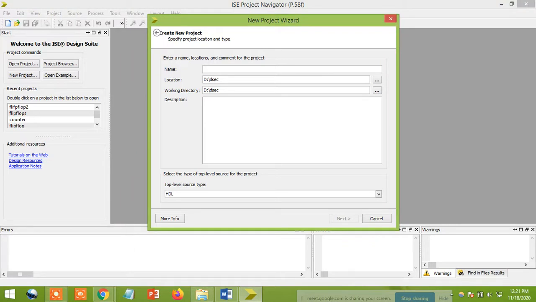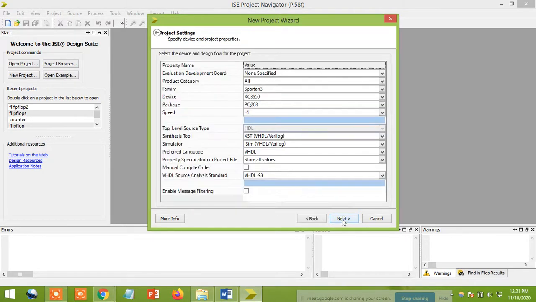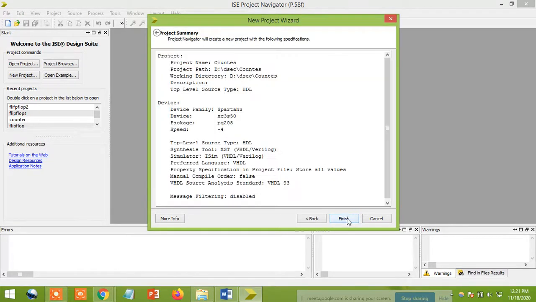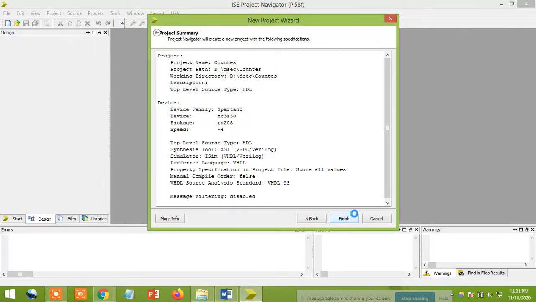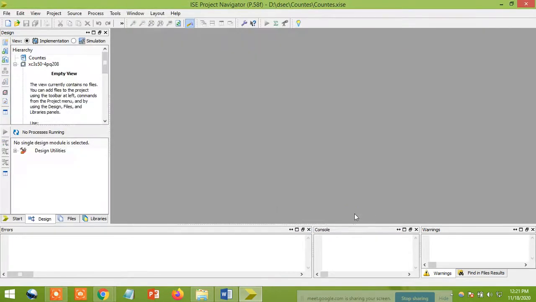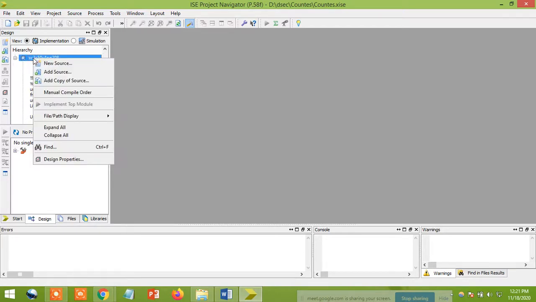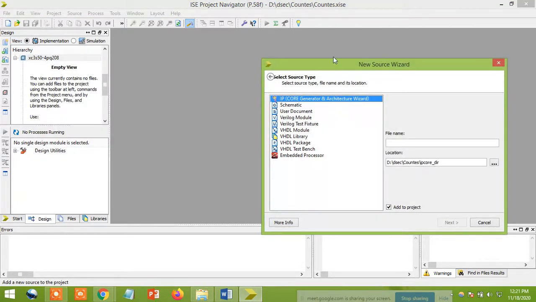Today we're looking at the counter programs, so I'm going to name the project counters. Give next, and make sure the simulator here is the ISim simulator. Give next, finish. Once it is finished, on the left-hand side you can see this is my project. Under that we have one IC. Click on this IC, right click, and you have an option for New Source. Just click on this, and here you need to write the Verilog code.